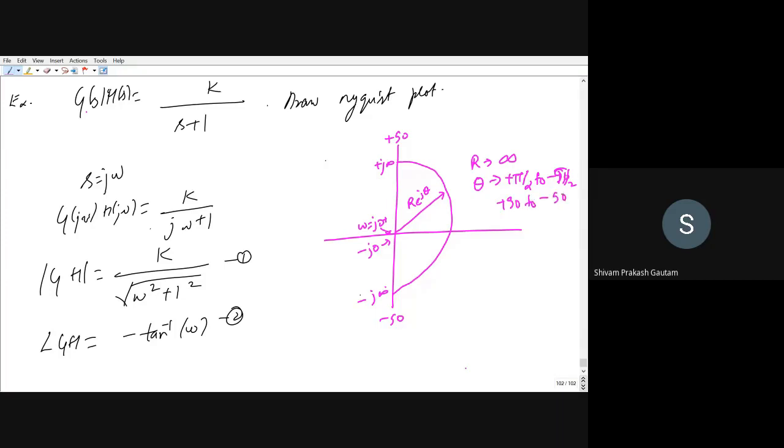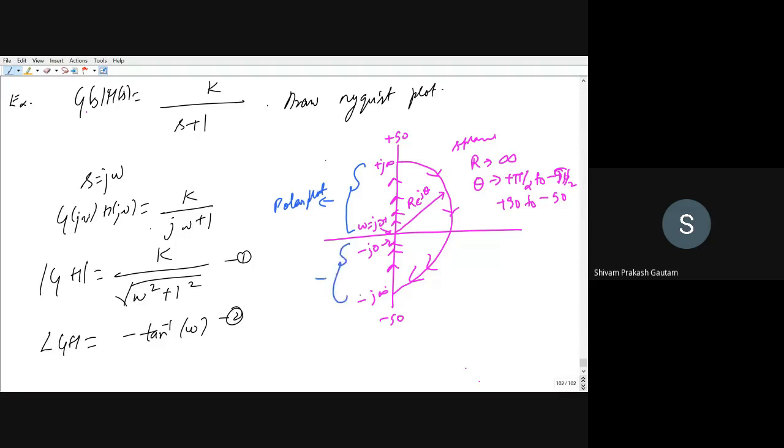So from 0 frequency, it will go to infinite frequency. From infinite, it will go to minus infinite. From minus infinite, it will go to 0 minus. And from 0 minus, it will go to 0 plus. So this will be the orientation. Now we have to map these three parts in our GH plane. This is our S plane, and we have to map all of this part. Now for mapping, we have already seen that if you want to map the positive frequency, it will be the polar plot. That we have already seen in the last few lectures.